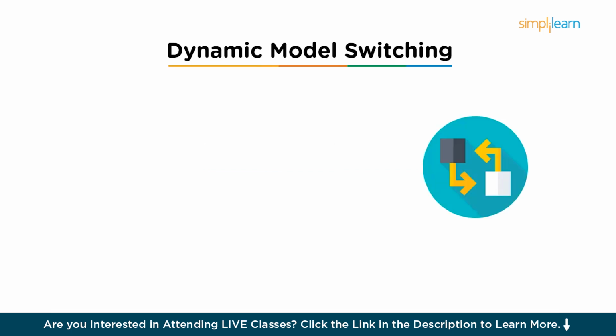Building on the concept of using multiple LLMs, let's look at a key advanced feature that brings this to life, which is dynamic model switching. This capability allows your chatbot to intelligently choose, or allow the users to choose, which specific LLM to use for a given interaction or purpose. Here's the core logic behind it.